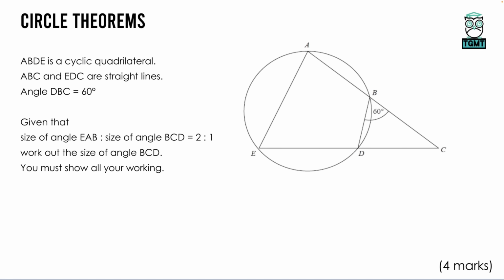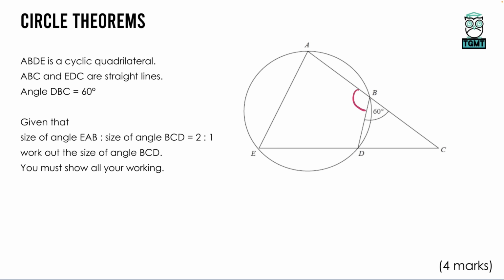It says here, ABDE is a cyclic quadrilateral. Well, great, because opposite angles in a cyclic quadrilateral add up to 180. ABC and EDC are straight lines. That's helpful because straight away we can see what this angle next to the 60 is, because that makes a